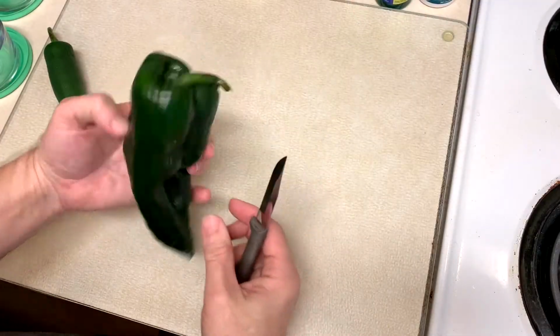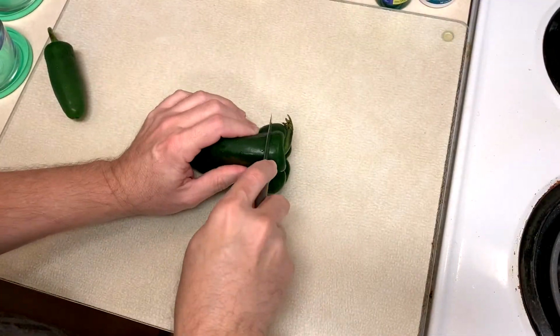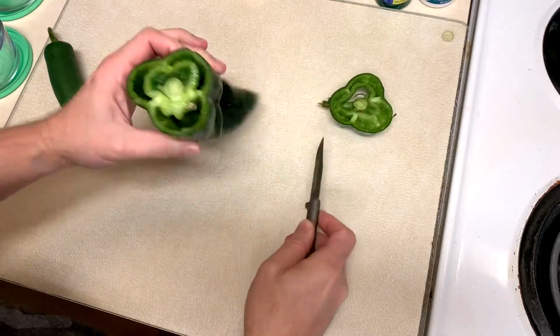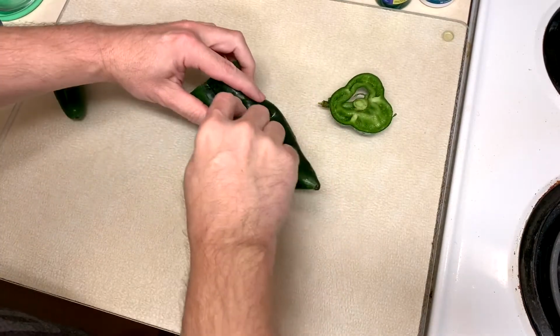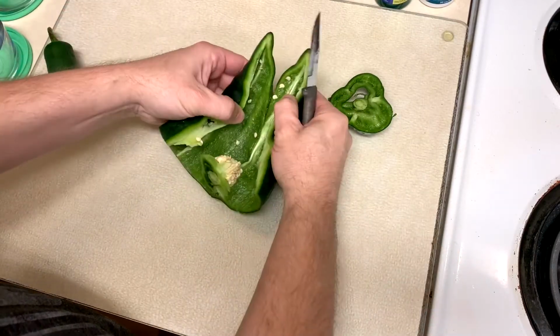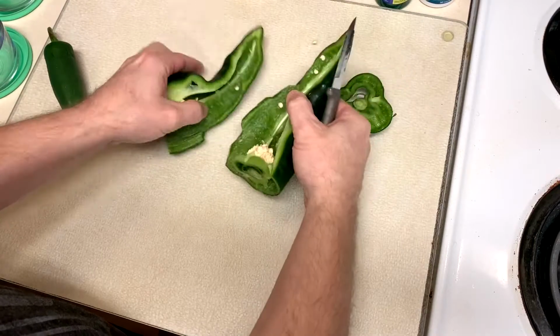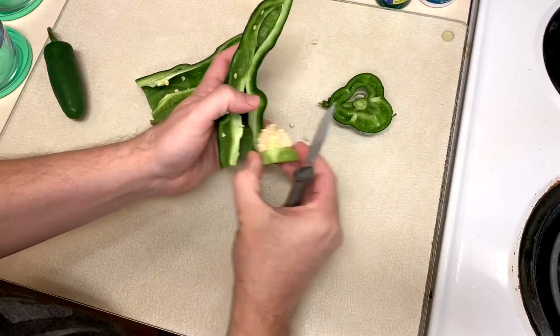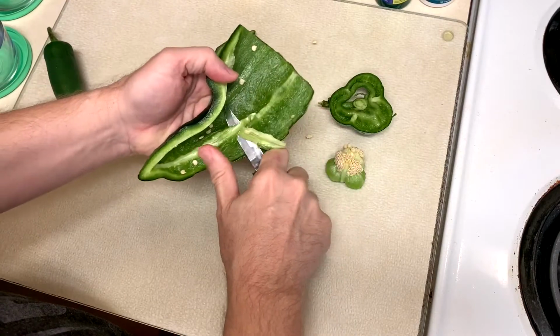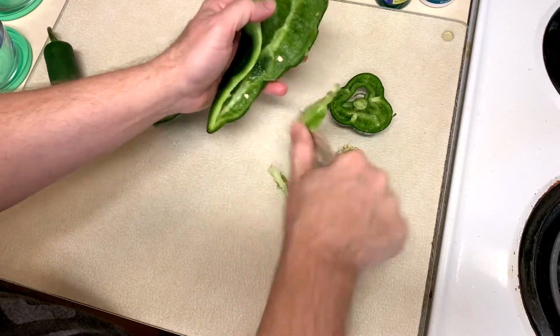Next, take the poblano pepper and you want to core it and get the seeds out. And to do that, I just cut off the top and then I cut it down the middle just like this, and then I get to that core right there. Go ahead and pull it out. I also kind of cut off some of the ribs to the core right here, scrape out the seeds, and